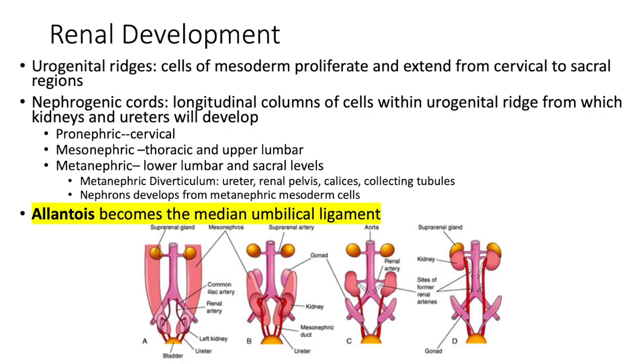It's important to know this term allantois, and it is what becomes the median umbilical ligament. So, for example, if they were to tag the median umbilical ligament, which we have already looked at today, they may say, what is the embryological, or where did this structure come from embryologically? And you would put